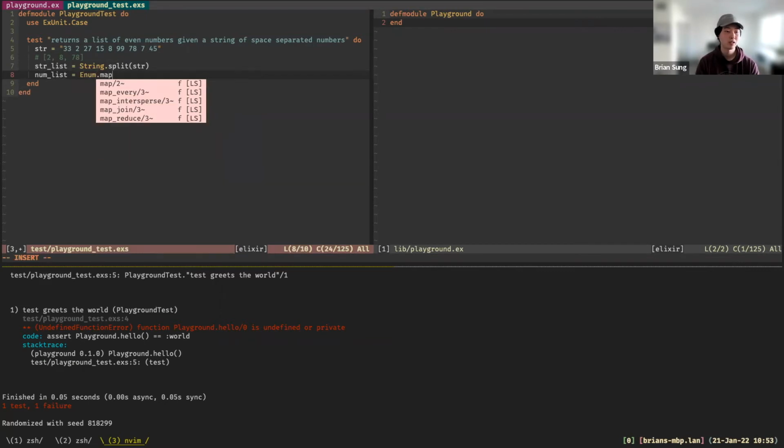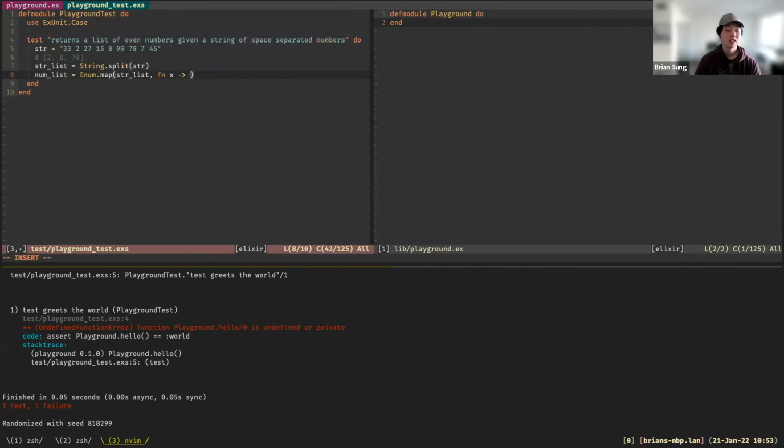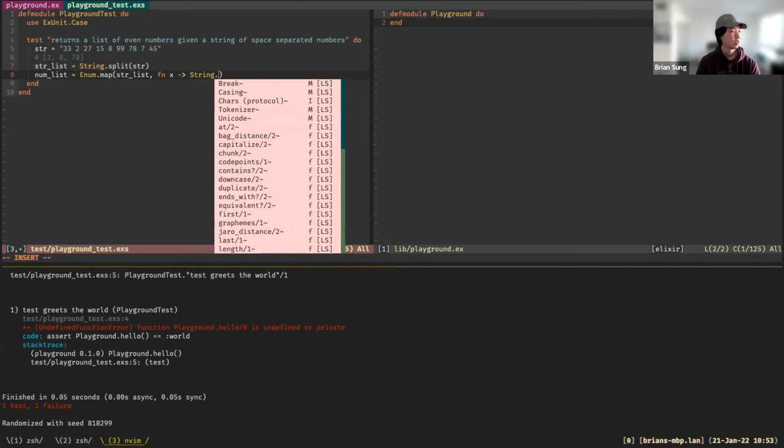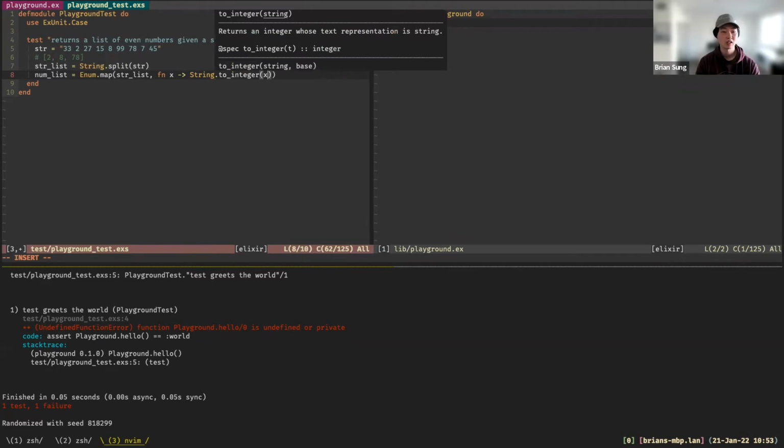Let's map over the string list. For each element, this is the syntax. It's kind of similar to arrow functions in JavaScript when you do a map, sort of the same thing. So here we want to return, I believe it's string to integer, and then x.